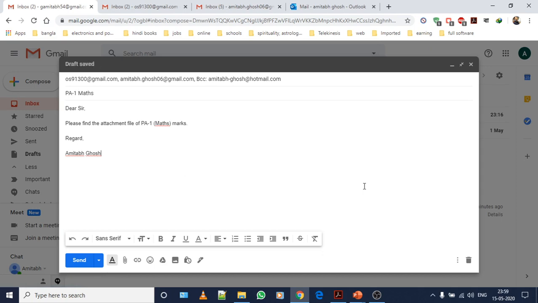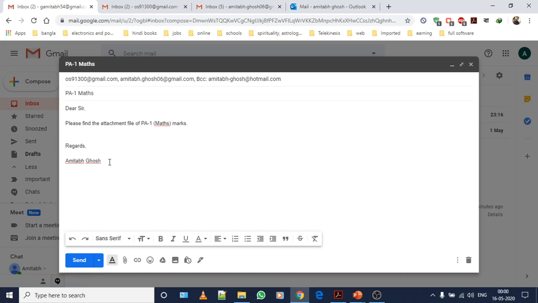So it is a very short message where in the body, after you greet that person, you write the message which shows what you are trying to say in that particular email message. Now once you are done, you should greet that person and then write your name. This is the general logic of writing a standard email.